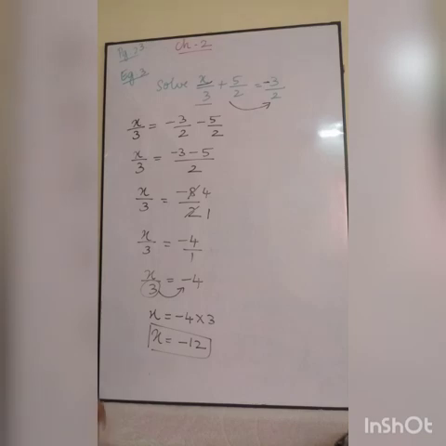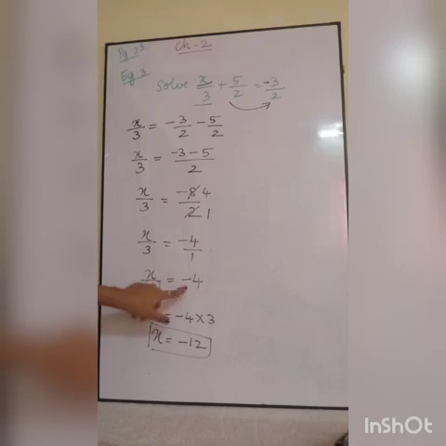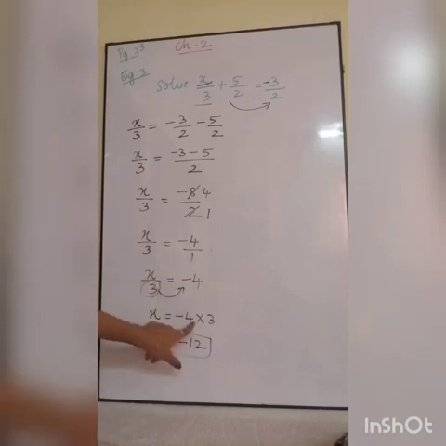Minus 12. Okay, listen. Both the denominators are the same, so you can add the numerators: minus 8 by 2. Cancelling, 2 ones, 2 fours, so minus 4 by 1. So I am writing minus 4. The 3, if it goes to that side, becomes multiplication. 4 threes are 12, minus into plus is minus. So x is equal to minus 12 is the solution for this equation.